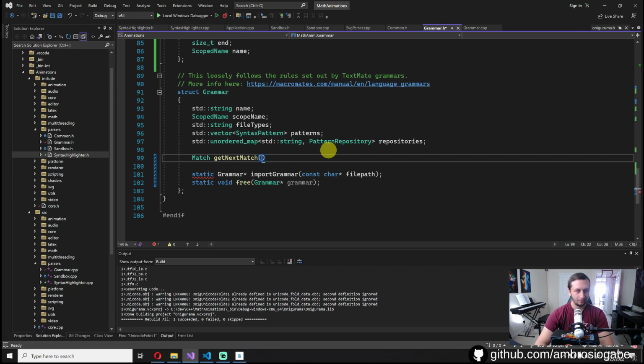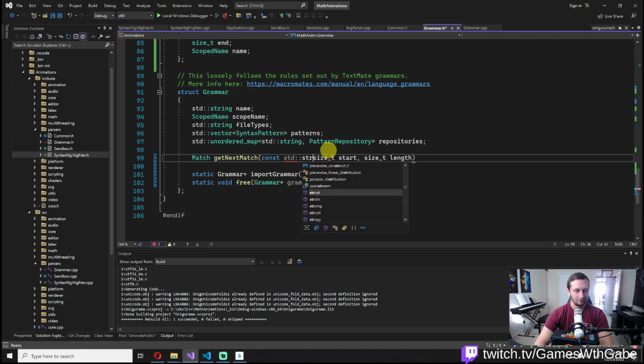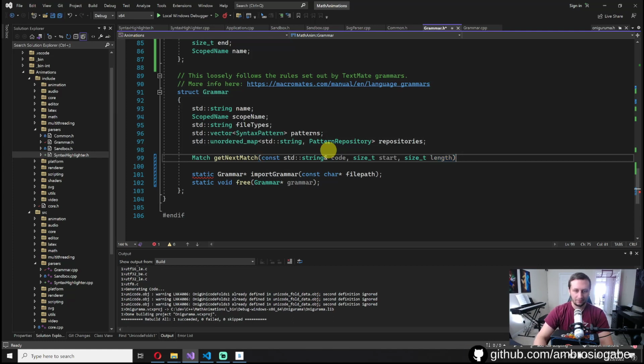This is kind of important too. So actually, let's do this. So we're going to have size T start, T end, or I guess length. And we said the string would be first. So we'll have the code, the start, the end, and